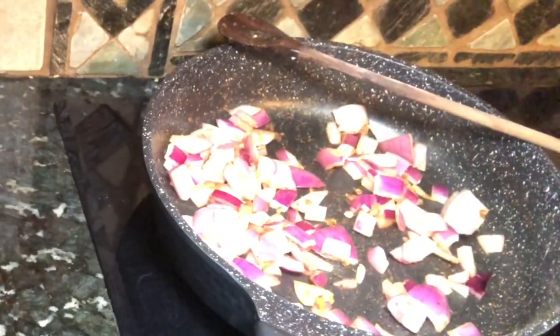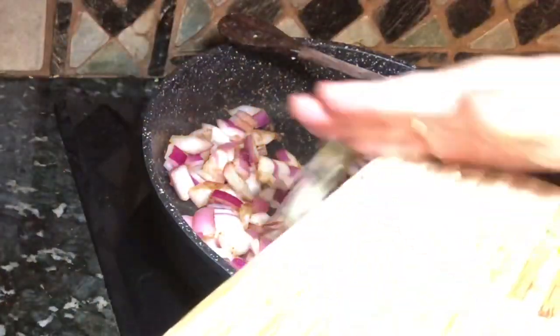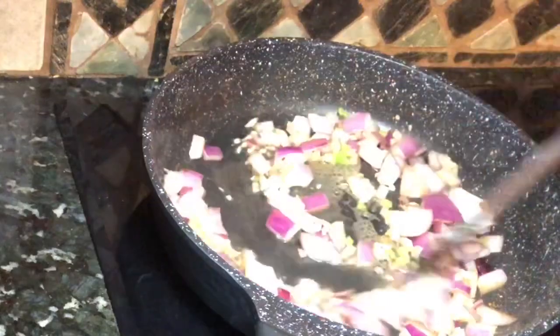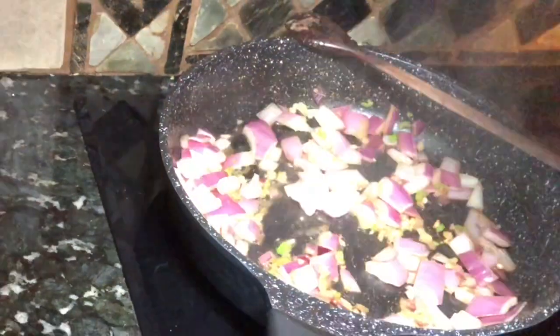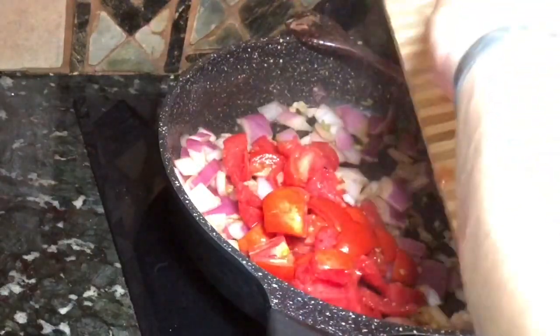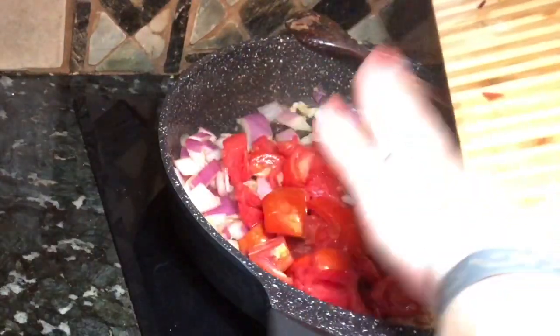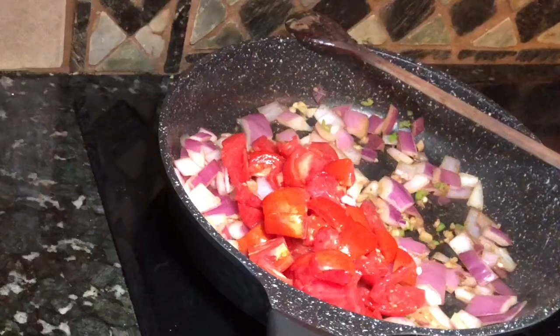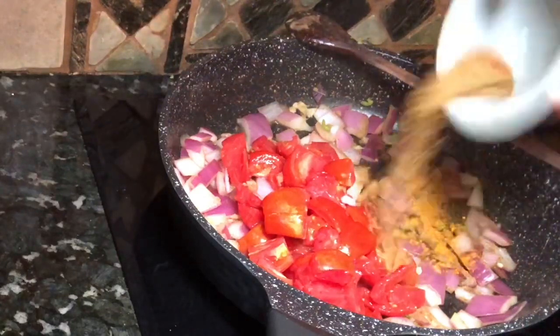Next, you're going to want to add in some green chili, and you do this to taste. You can use a hot one or a mild one, and also 1 inch of diced ginger and 2 medium tomatoes. And you're going to let this all cook until everything softens up and the tomatoes are kind of mushy. Mix it around and add your